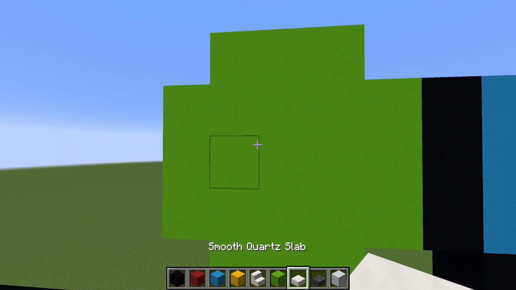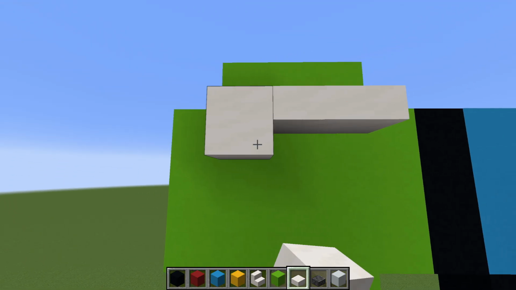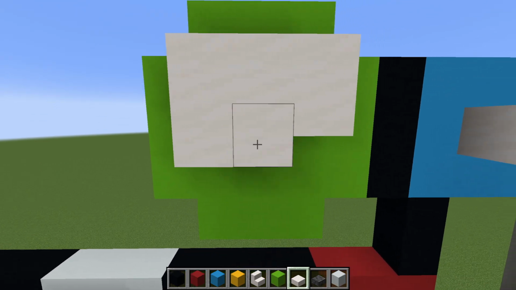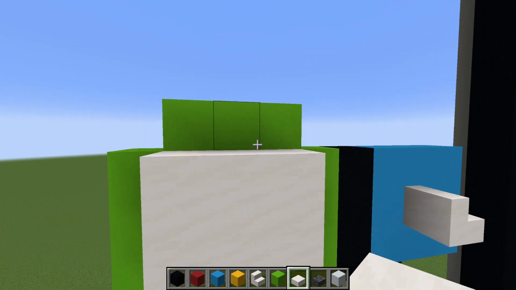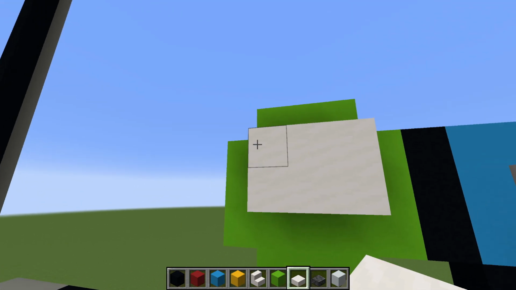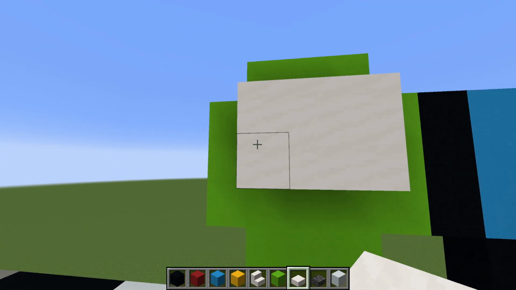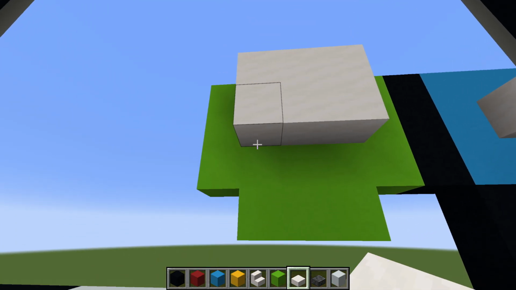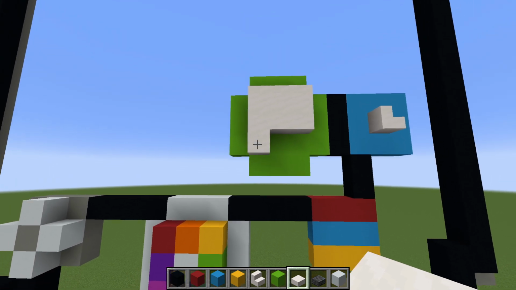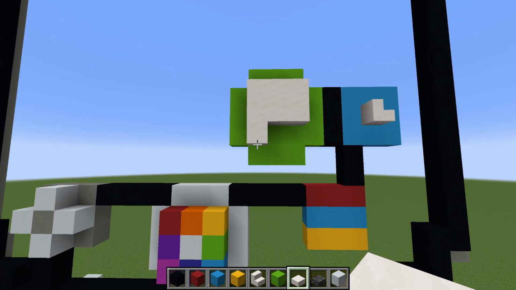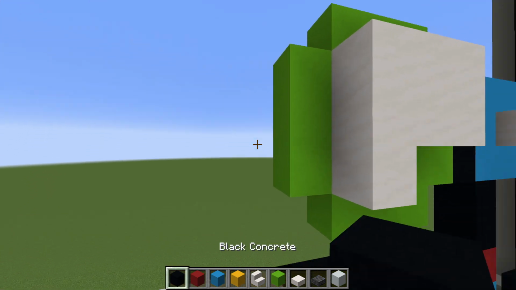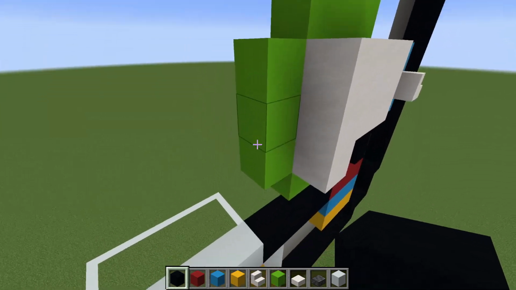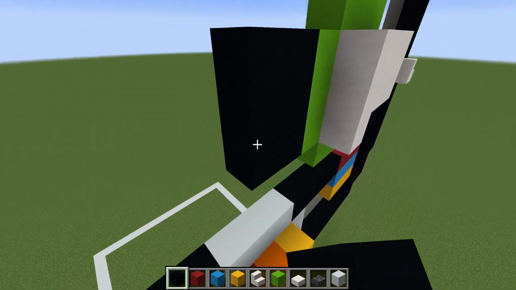We then want to place 2 rows of smooth quartz block, starting from the middle of the app, leaving a row away from every side pretty much. We want to place 2 rows of smooth quartz block, and then flare the bottom left corner smooth quartz down 1. Next, we want to place 3 rows of black concrete to the left of this app, so 1, 2,